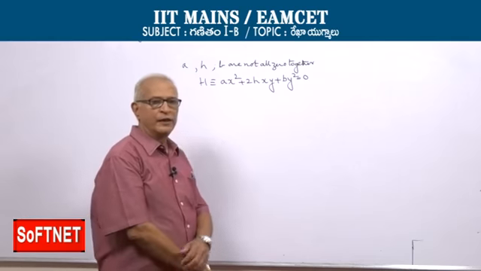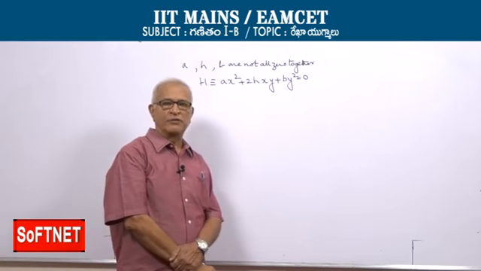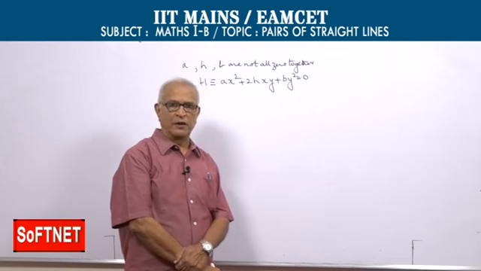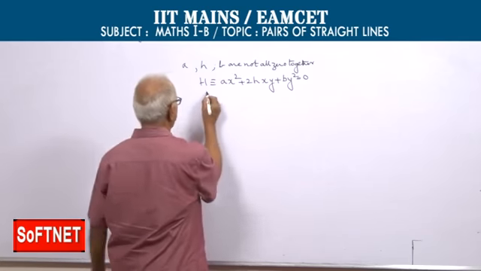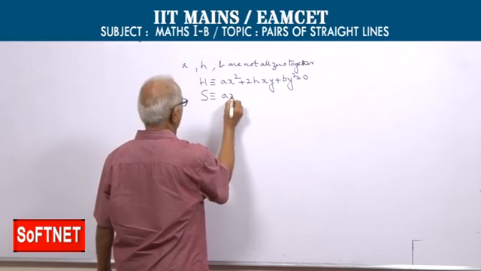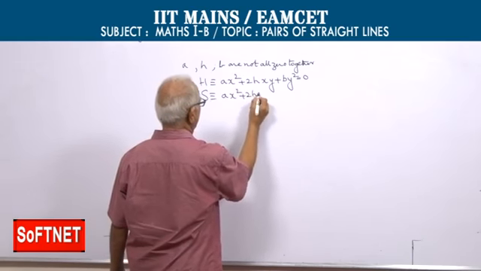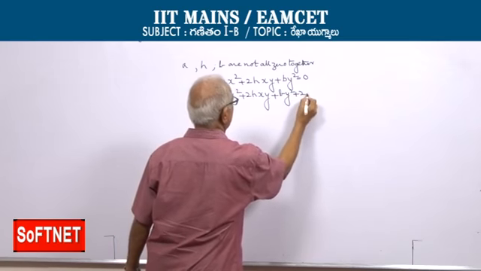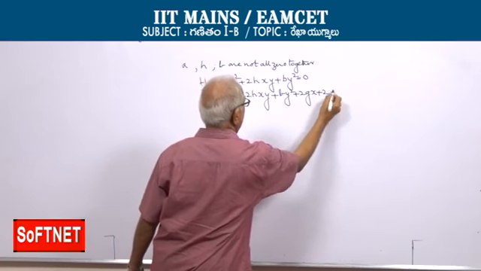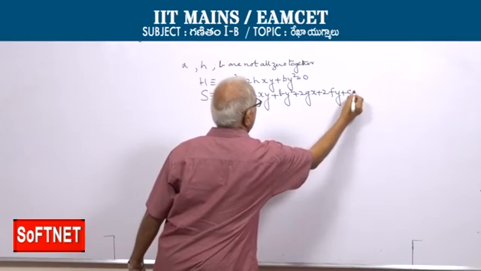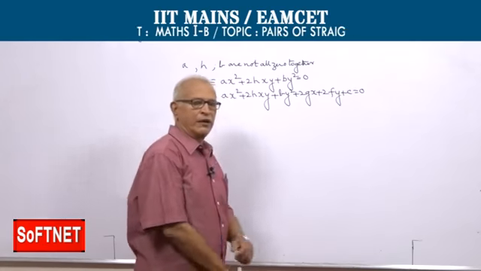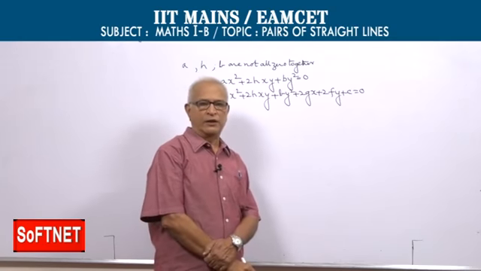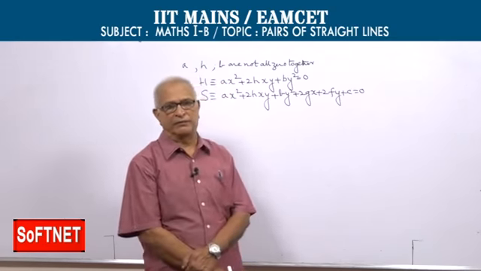This is called a second degree homogeneous equation. Homogeneous equation of second degree in x and y, two variables x and y. xy లో రెండవ తరగతి సమఘాత సమీకరణం అంటాం. అలాగే S identical equal to ax square plus 2hxy plus by square plus 2gx plus 2fy plus c equal to 0. ఈ రెండవ సమీకరణం దీన్ని xyలో సెకండ్ డిగ్రీ జనరల్ ఈక్వేషన్, general equation of second degree in x and y అంటాం. xyలో రెండవ తరగతి సాధారణ సమీకరణం అంటాం.